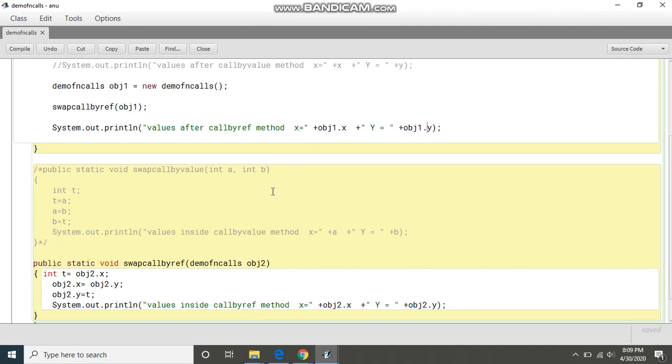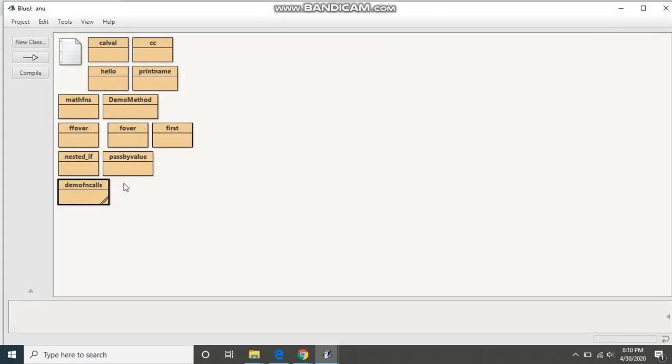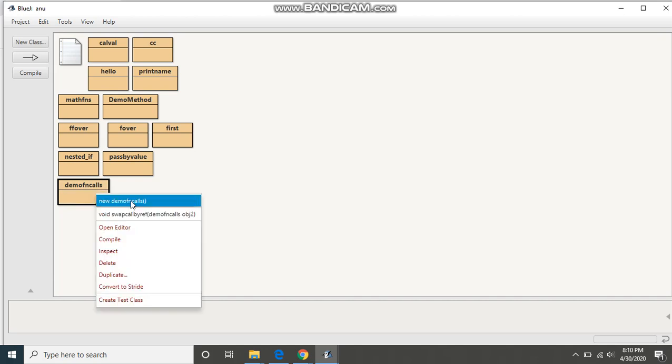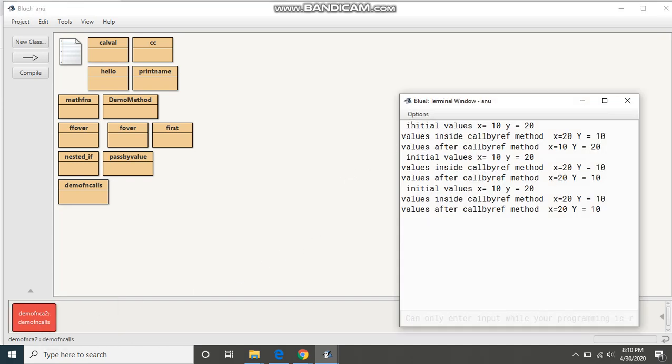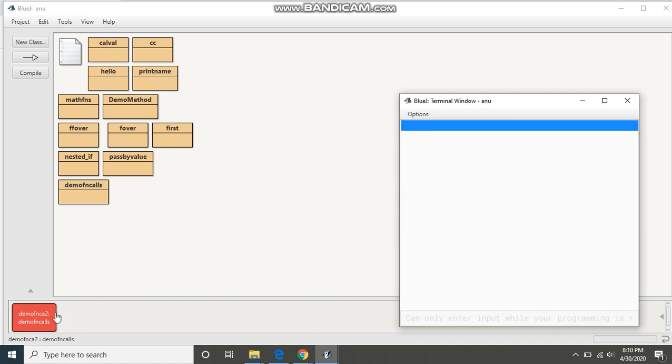So what is this? When we call a function by reference, the changes are made on the actual values. There are no formal parameters or temporary variables where the values will change. It is reflecting the change on the original value also. So let's see it working. It is already compiled, and we have to make an object. The demoTest is the function which you need to call. So I am going to run it again.